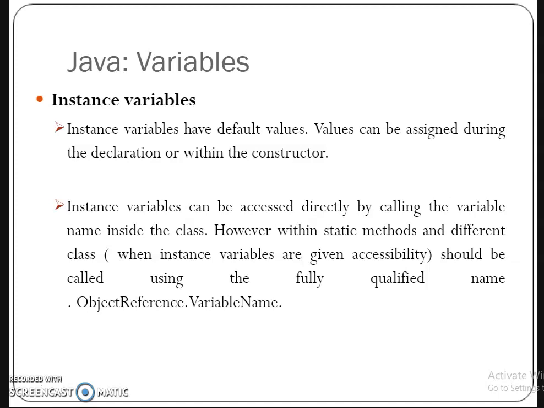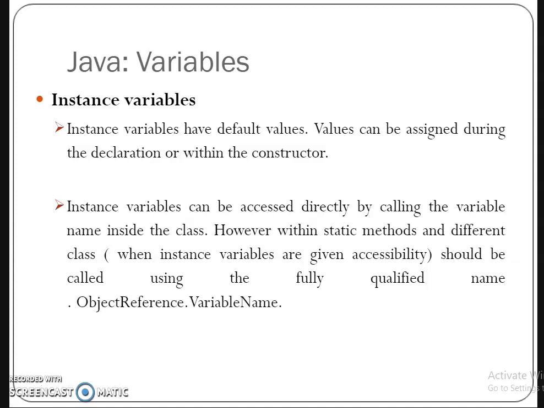What are the default values? If the data type of the variable is integer and you don't give any initialization for that variable, it will return the default value 0. If your data type is string, and you do not declare or initialize a value for the instance variable, the default value for the string is null. It will be assigned.